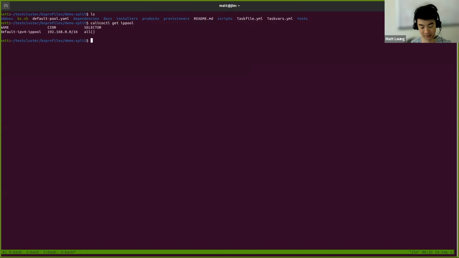I know something that's also come up is whether or not you can split the default IP pool and everything will be okay, so we'll do the demo off of that one. We have our name and the CIDR for that IP pool. When we split any IP pool, we can split it by either name or CIDR, depending on how you are referencing your IP pools.